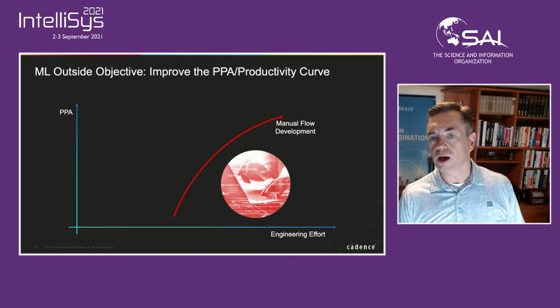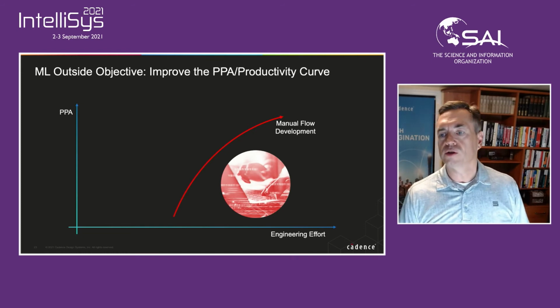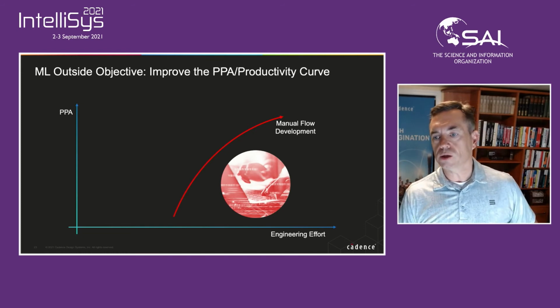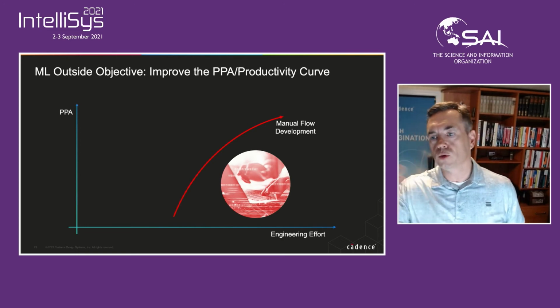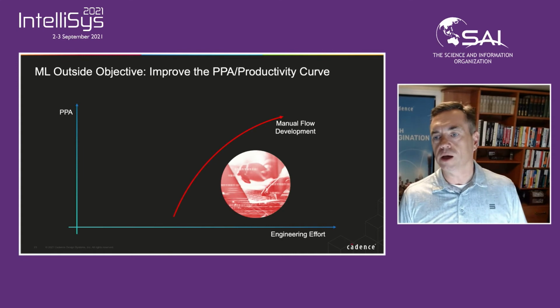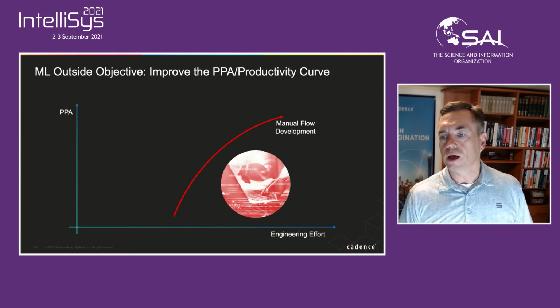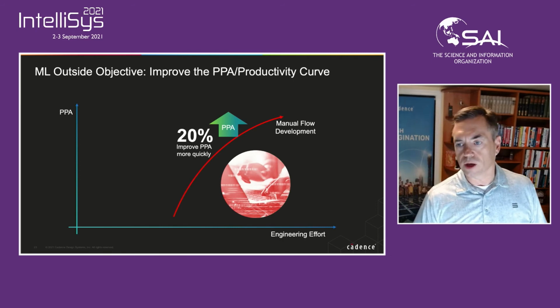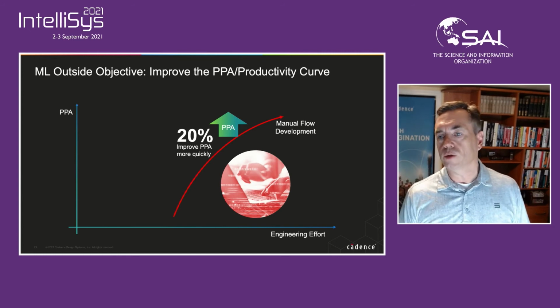So here's the engineering effort, and here's what I had mentioned earlier, PPA, power performance and area, or power performance cost. And the way this works today, you start with a development based on the designer's experience. You invest more effort. You kick off different implementation options. The tools are running through synthesis and the placement and the timing and layout prediction and so forth, and going through options. And it's a manual effort to do this and to get this information. It takes significant time, and it's really based on user guidance.